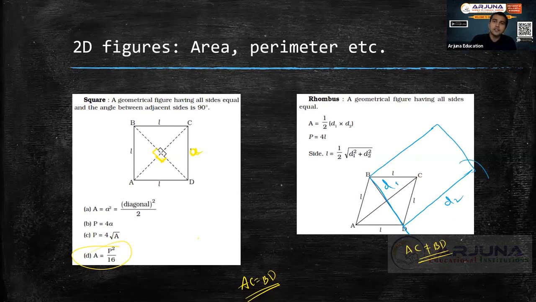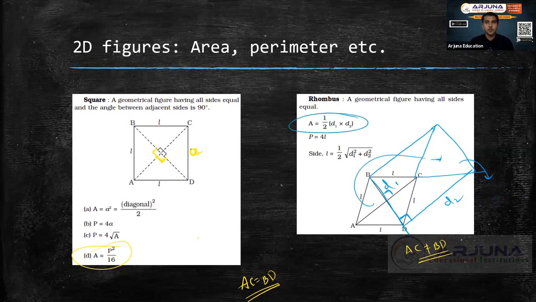And what is the area of this? D1 into D2 is the area, right? Why? Because it's perpendicular. This also should be perpendicular. So it's like a rectangle, and for a rectangle D1, D2 is the area. But what you are getting with D1, D2 is twice the area. What I have done is I have kept this part here, so this is half of the area. Therefore it's half of D1, D2. So the area of the rhombus is half into D1, D2, if you know the lengths of the diagonals of the rhombus. Okay, so what is perimeter?